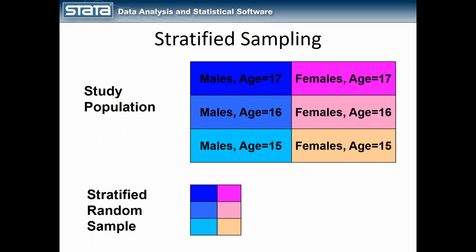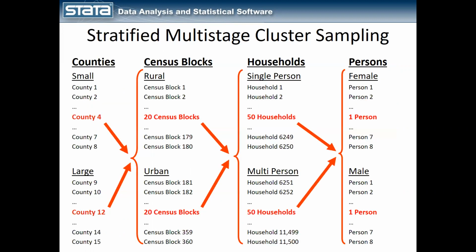I'm going to stop when I get to 50 or 100 or whatever, however many I need in each of those particular strata. So that's why I would want to use something like stratification. So in the NHANES example, I might stratify the counties by small counties and large counties. And then once I sample the counties, I might then stratify the census blocks as rural and urban. And then once I sample the census blocks, then within households, I might sample single person households or multi-person households. And then at the individual level, I might stratify by males and females, just to make sure that I get a representative sample for